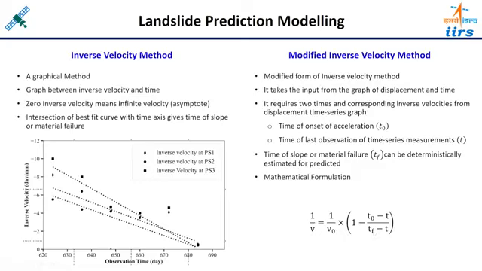Time of slope failure means the landslide can happen at that time. So with two velocities and two times, you can predict the time of the actual failure, or the time of the landslide. Okay, so this is a mathematical relationship. And on the other side, this inverse velocity method was also developed by assumption. Suppose you just visualize